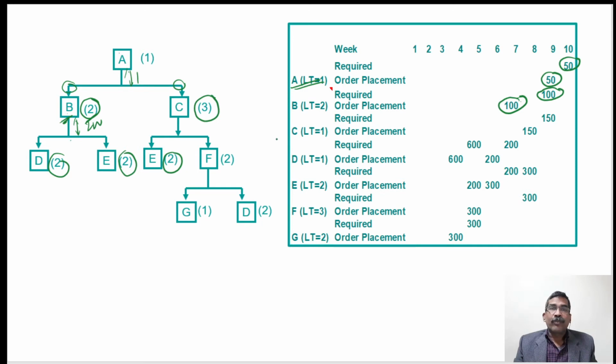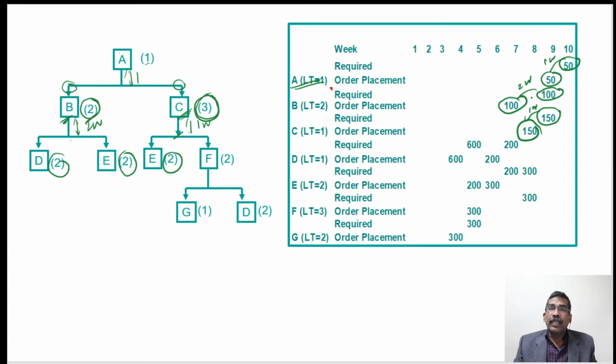so that this can be received in the 9th week. Similarly, for C item, we can see that 3 components are required for one piece of A. So how many components are required for 50 pieces of A? So here there will be a requirement of 150. So we can see that this is 150 required in the 9th week, and lead time of C is given as 1 week, only 1 week. So we can start placing the order in the 8th week. So here in the 8th week, that is only 1 week is the lead time here. Here there is 2 weeks lead time. Here this is 1 week lead time.